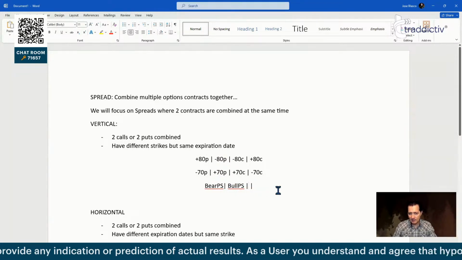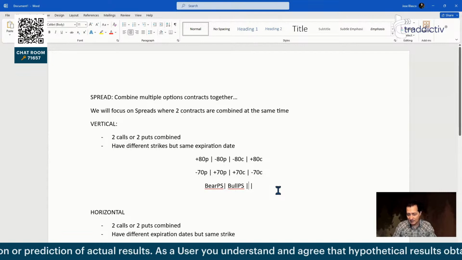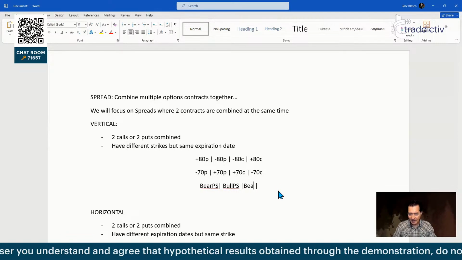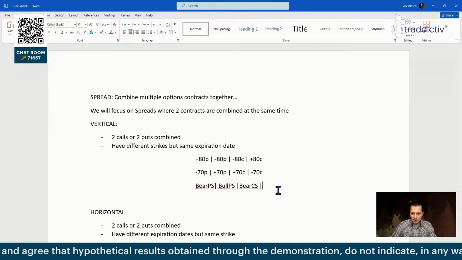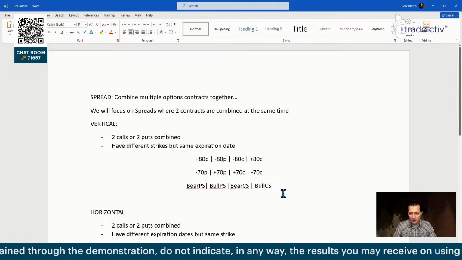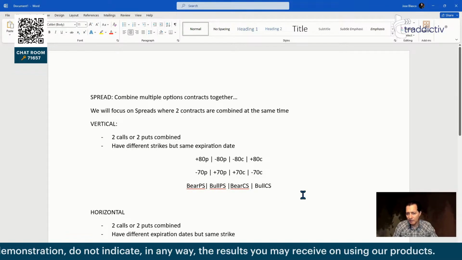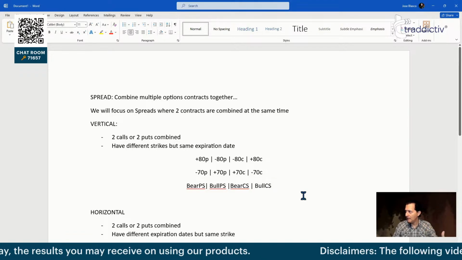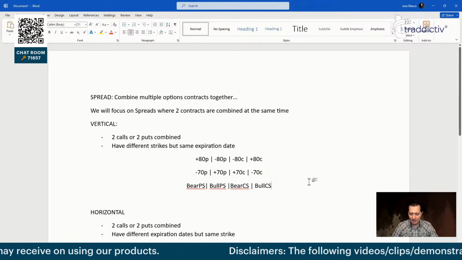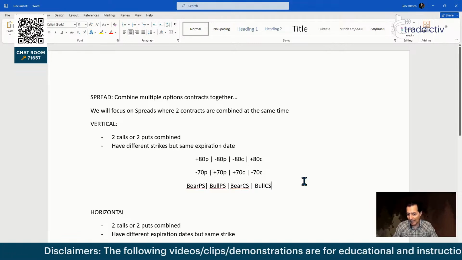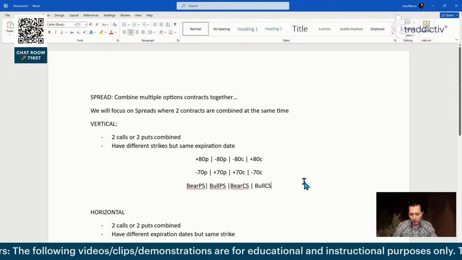And then on the right, we have two more cases, which is going to be the bear call spread, and in case you haven't guessed it, the bull call spread, which again, you have plenty of videos on our YouTube channel that talk about all of these. I'm just doing a summary to make sure we speak the same language. But I do need to have this summary at the speed of light so we can focus on the lesson, okay?